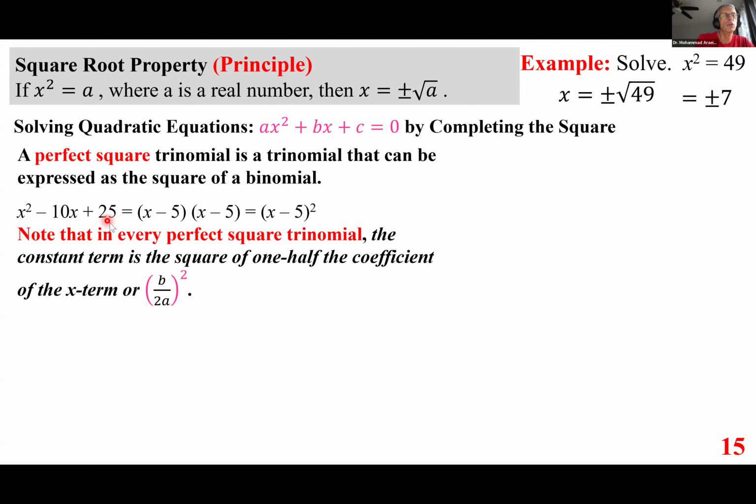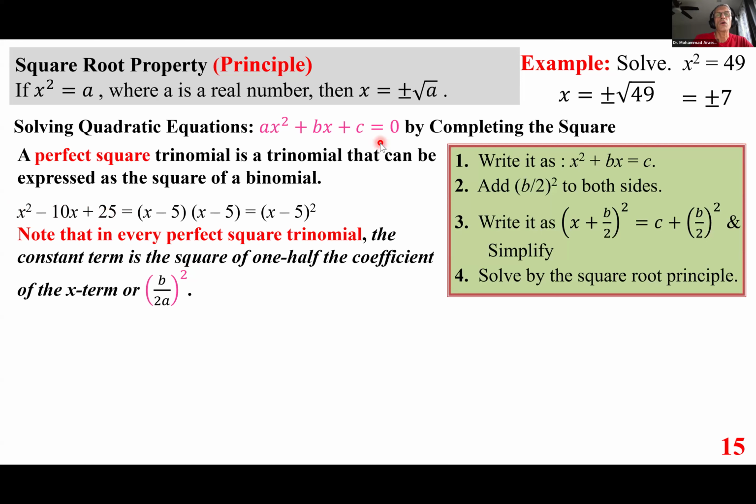If you look at this number 25, how do we arrive at it? Here's the b, negative 10, divided by 2, because remember a is 1, you get negative 5, and square it, you get this number. That's how completing the square happens. Therefore,